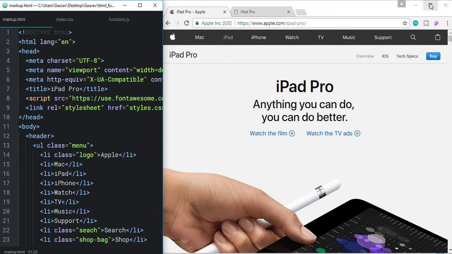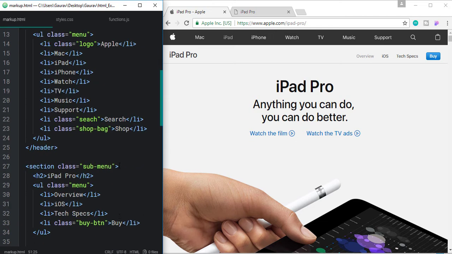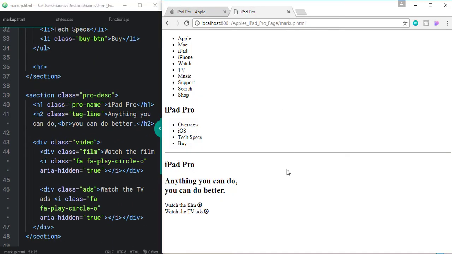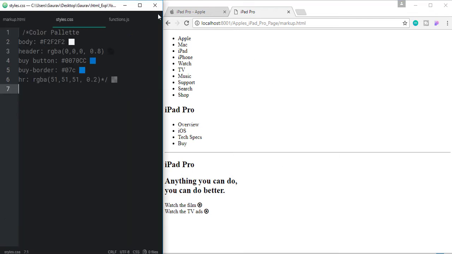So I think that all we need for the markup right now, and let's move into the styles now.